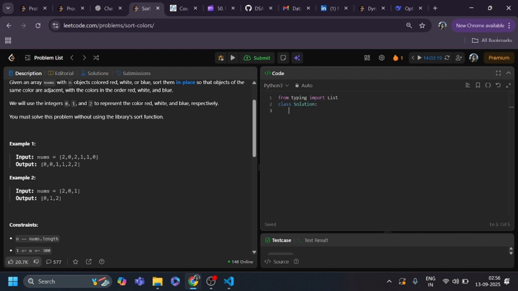Now I need to define a function, sortColors. Here I am going to pass self, comma, nums as a list of int.